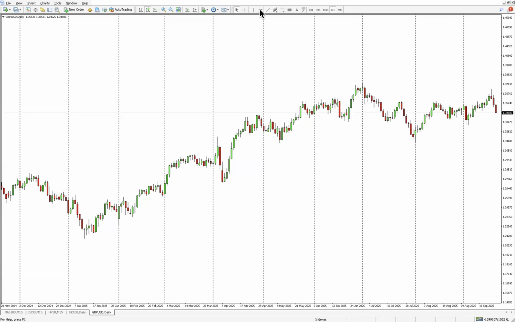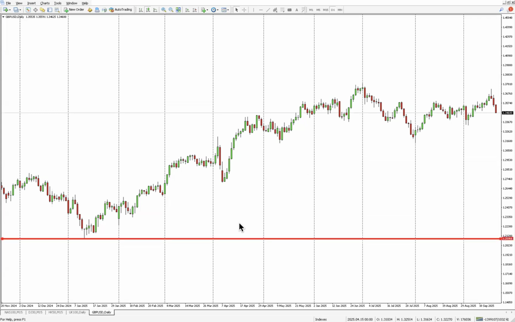So very simple, very easy for us to plot in. You need to have the low of the year on any and every one of the markets that you're trading. So I'm only going to work through one, then you can go and do the rest for yourself, but you need to keep this on. So I like to use red, and that I can just simply write in the name here. This is the low of 2025, low of the year, low of 2025. Bang, that's all I need to do.